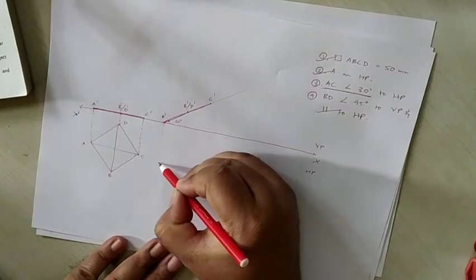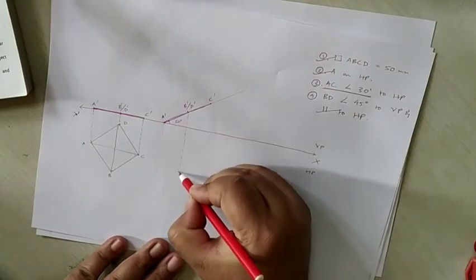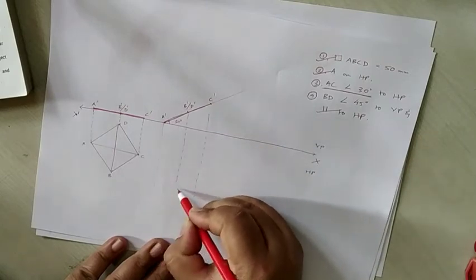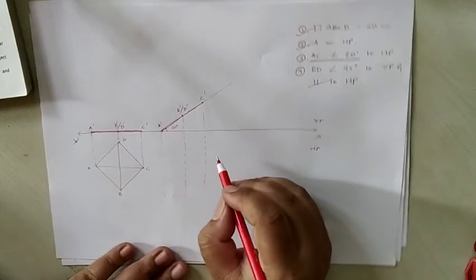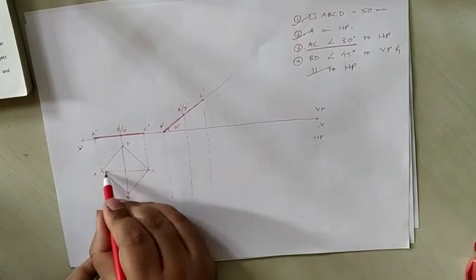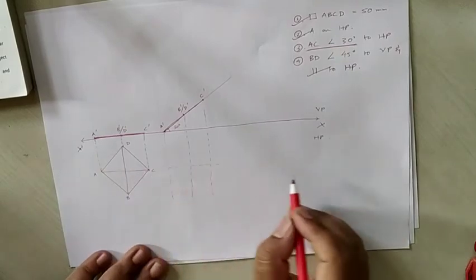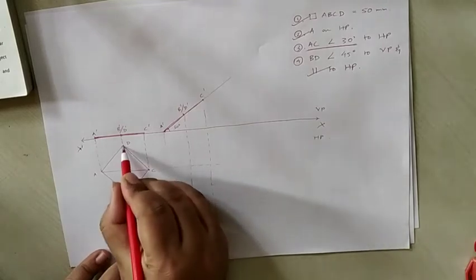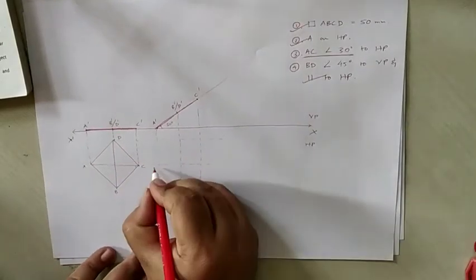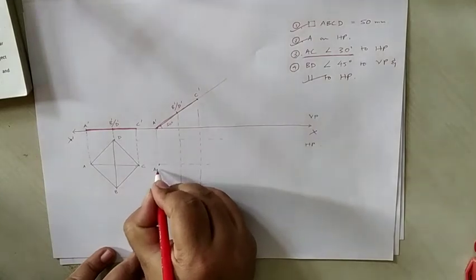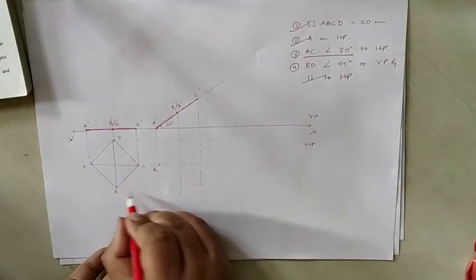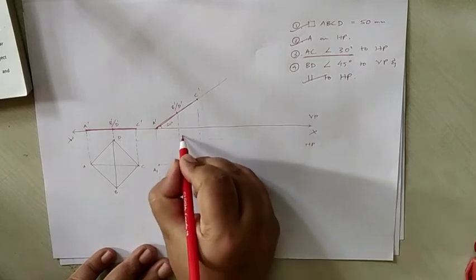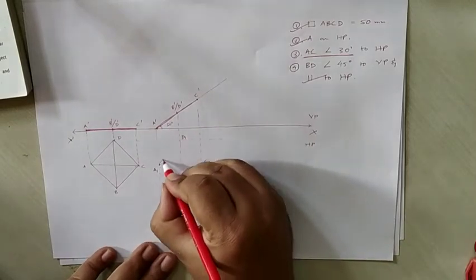Then we take back the projection downwards from these very points, and we will see what happens to the plane now. Now you take the projection from this, A and C will repeat themselves. B will be somewhere here and D will be here. So you have this point A, A1 maybe, you can name it. This is B1, this is C1, and this is D1. And you join it.